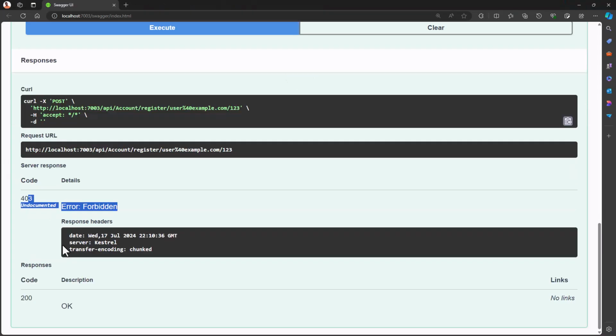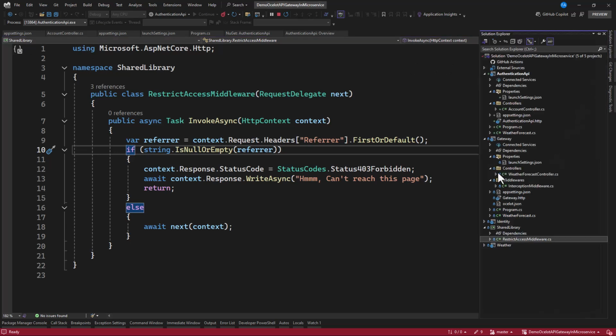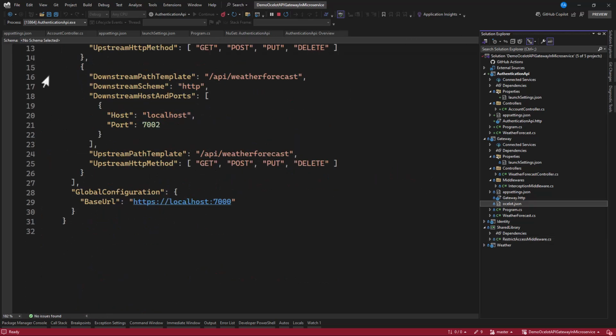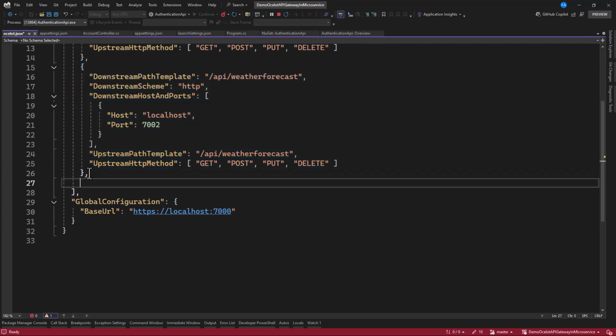Alright, so now that we have this, what is the next thing that we need to do? Let's go in there and configure the upstream and our downstream in the ocelot.json file that we created. So we want to specify the route. Let's go to the solution, go to your gateway, and on the ocelot file that we have in here, we need to make a copy of this, and now we're going to paste it in here. So you have to bring a comma, then let's paste it.